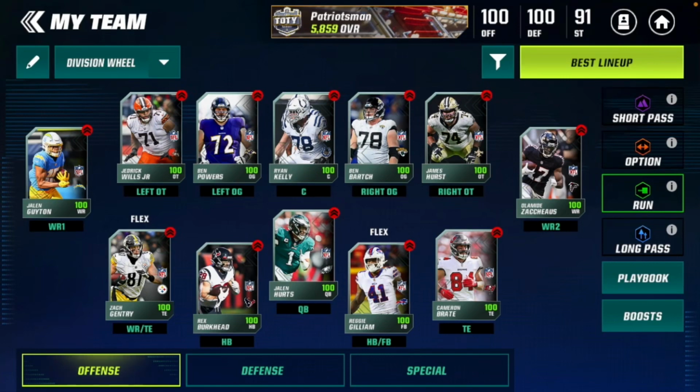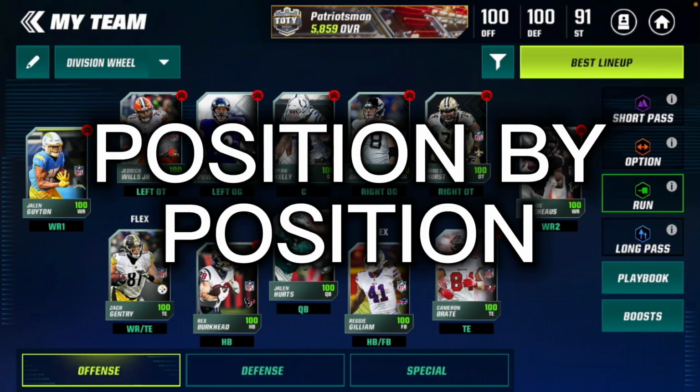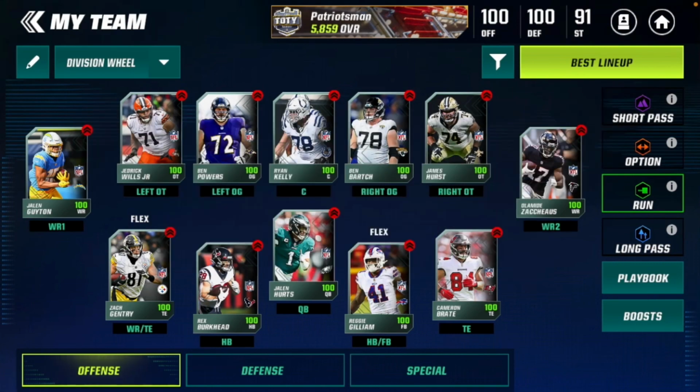Today guys, we have a very cool wheel challenge for our team. We are going to build our team by spinning a wheel of a certain division. It's going to have all 8 divisions of the NFL on it. We're going to go position by position, and based on what division we land on, we can only choose a